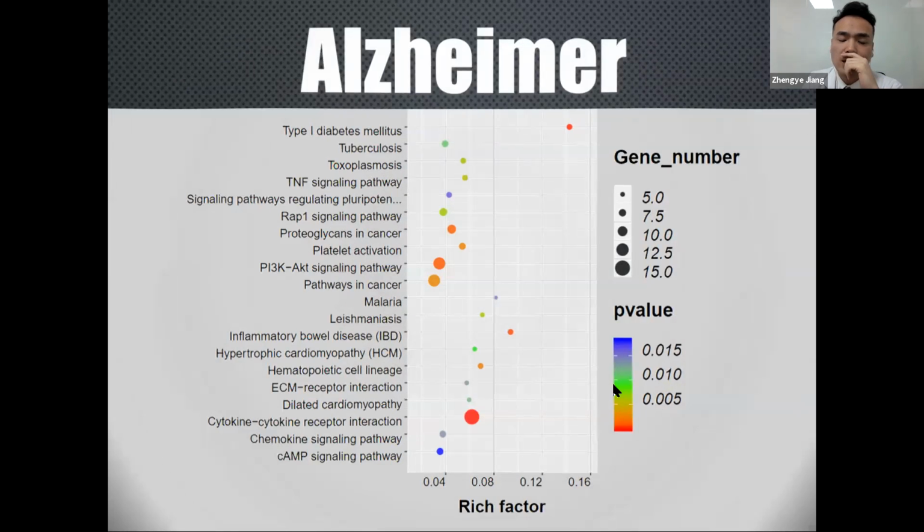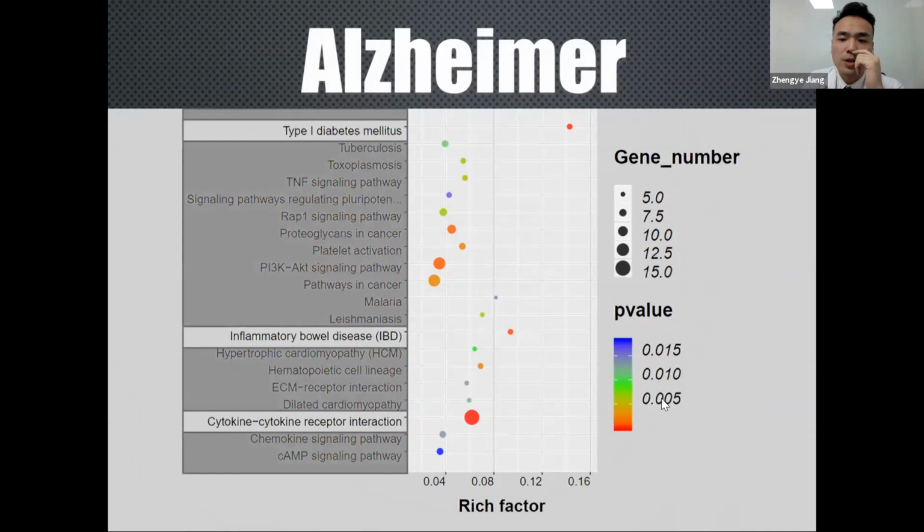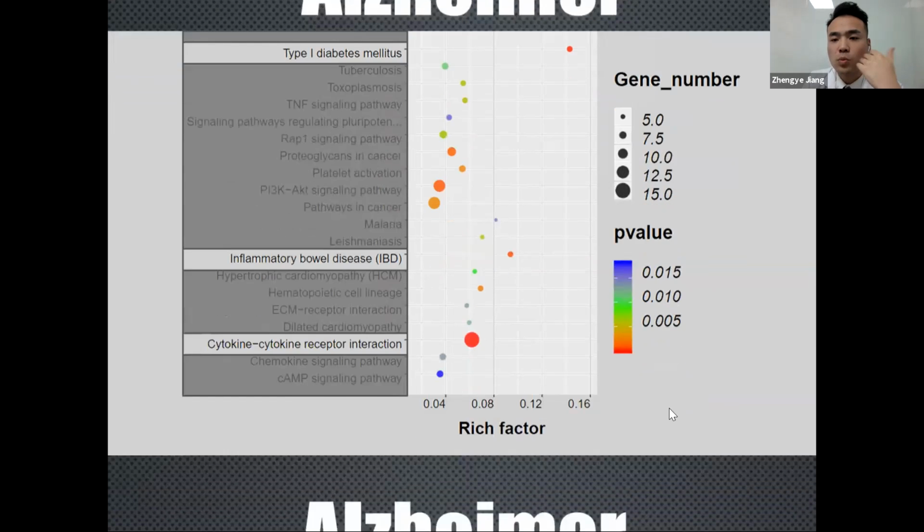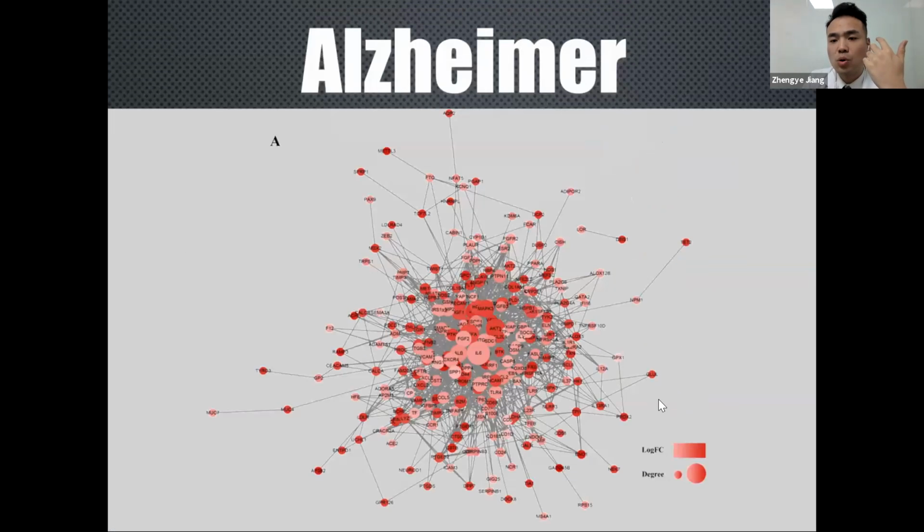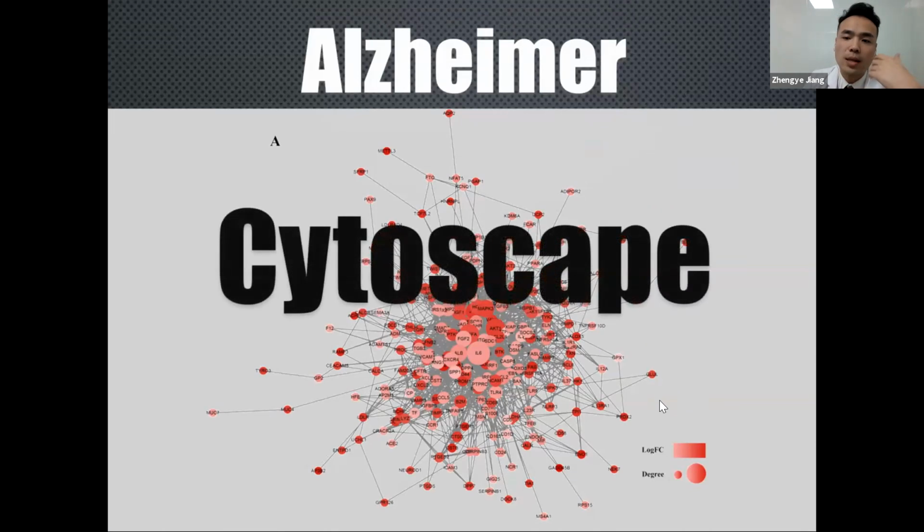However, in the KEGG analysis, there are 3 signal pathways different from AD, namely type 1 diabetes mellitus, inflammatory bowel disease, and cytokines and cytokine receptors crosstalk. Next, we used the STRING search tool and Cytoscape to analyze the protein-protein interaction, named PPI. It is recorded by DEGs. Therefore, we obtained a PPI network containing 1,494 crosstalk based on 247 AD related integrated DEGs.